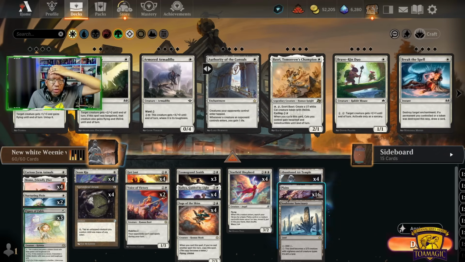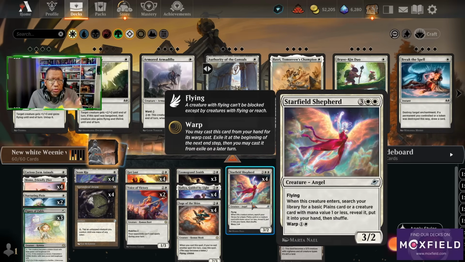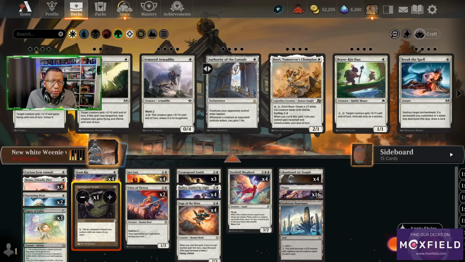I get it because we're also trying to skimp on mana a little bit here because we're going to play 21 lands and we're using Starfield Shepherds to go get those. But I don't know. I'm just not feeling it. I would rather have like a couple of Requisition Raids,